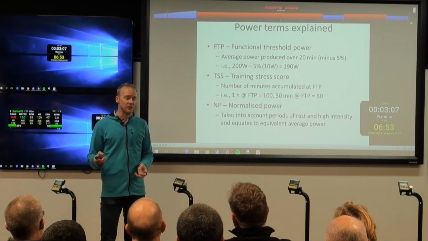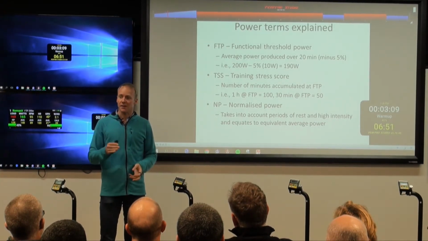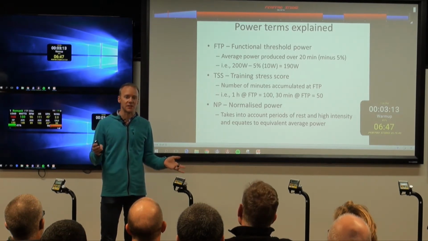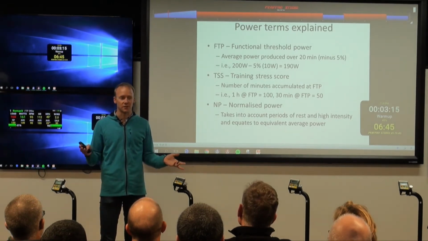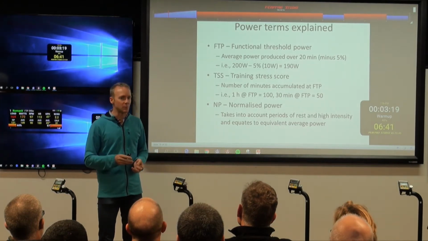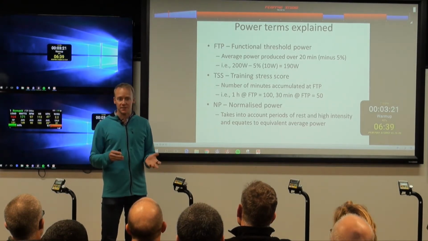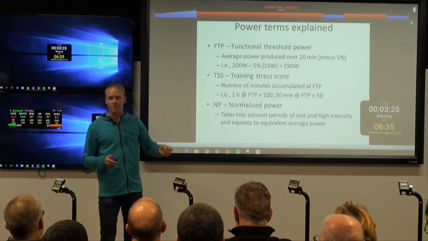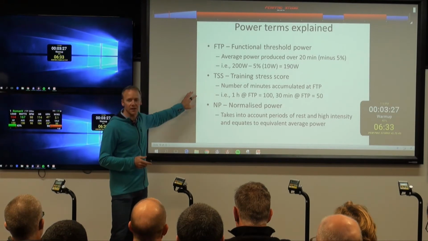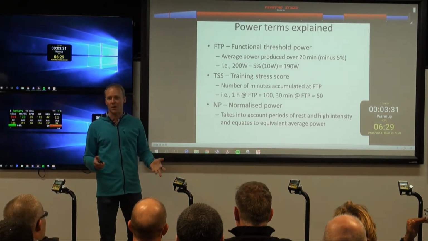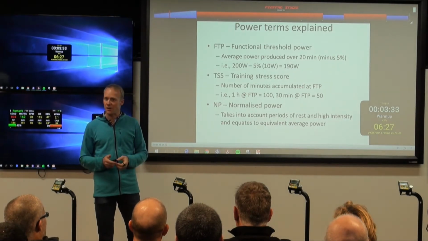If he does intervals and he's spiking over top of that 390, if he's doing VO2 max intervals and he's up around 500 watts for 5 minutes at a time with some recovery, his training stress score will be above that number, because we take into account something called your normalized power, NP. I think I've seen that one on Yanni's output.